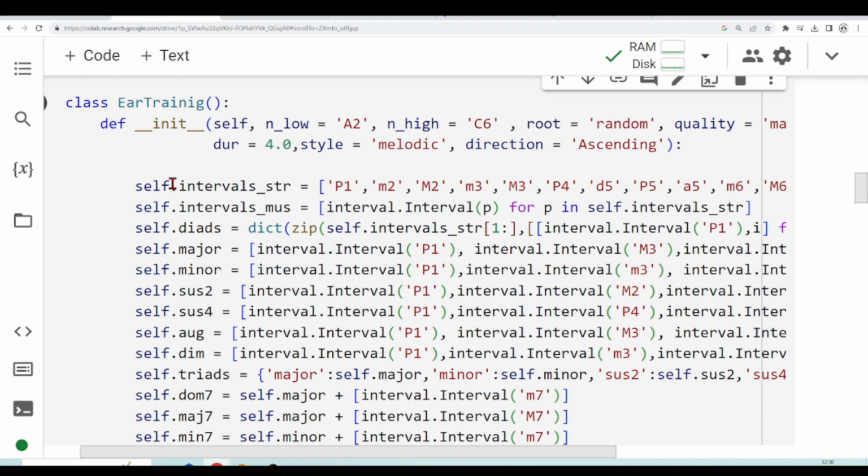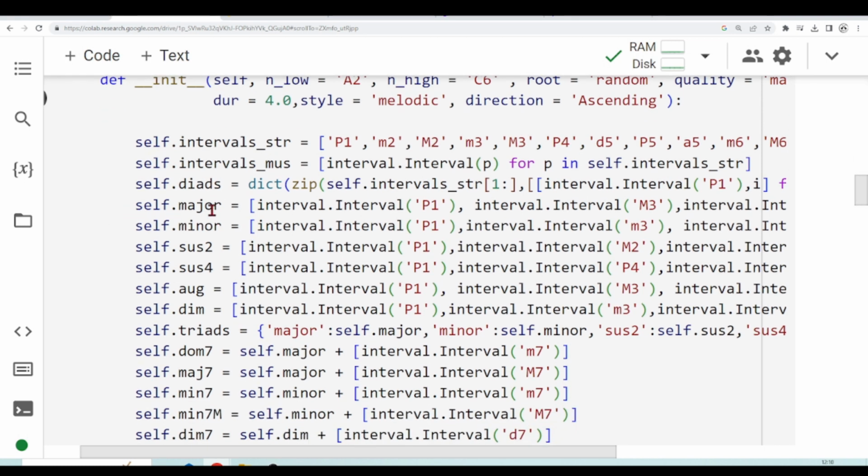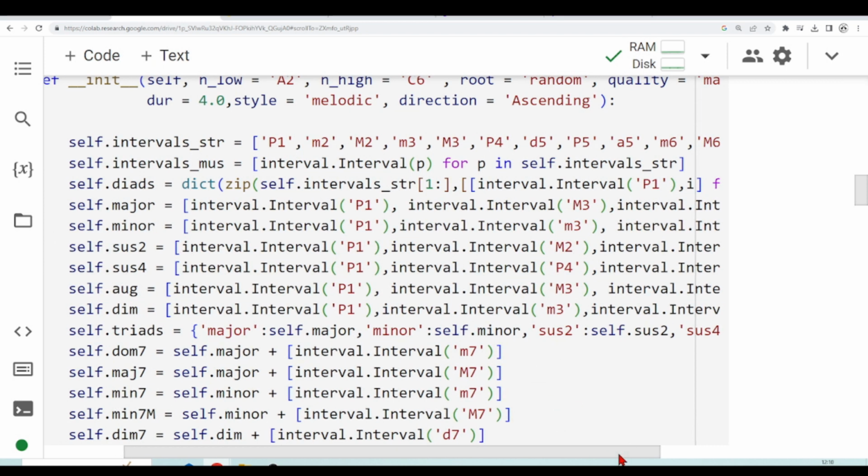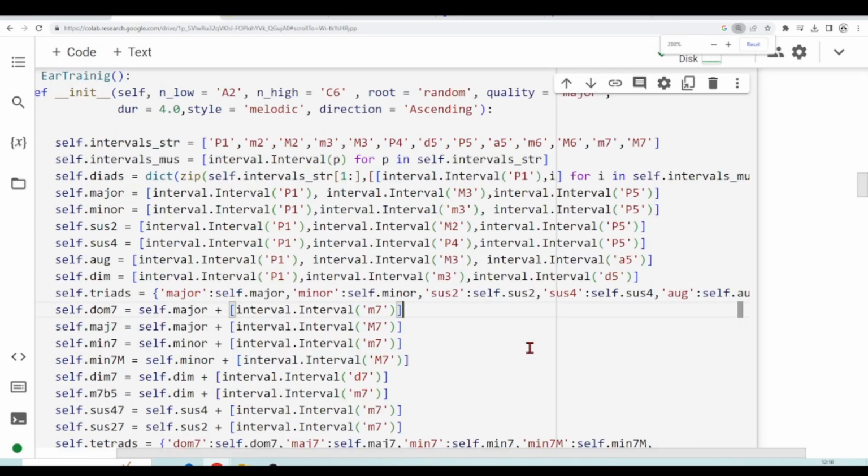So we had our list of strings and list of musical intervals, and then we have these dyads, which I'm calling chords with 2 notes, and later we are going to define some triads. So we have the major, minor triad, suspended 2, suspended 4, the augmented triad, the diminished. So we are always using this list. There are easier and faster ways how to do this, but this way you're also learning what are the intervals and what are the notes that you need to use to